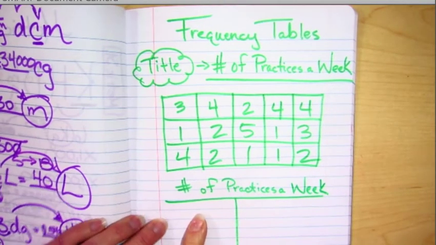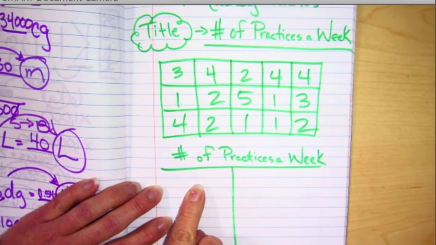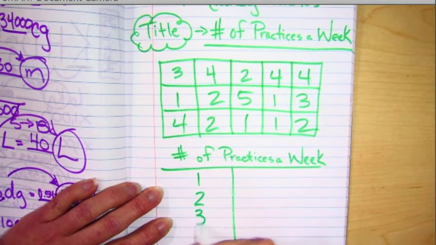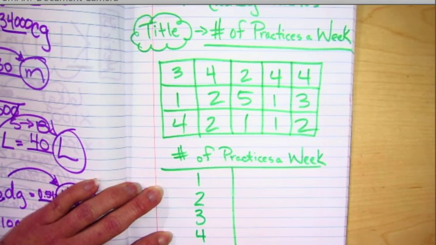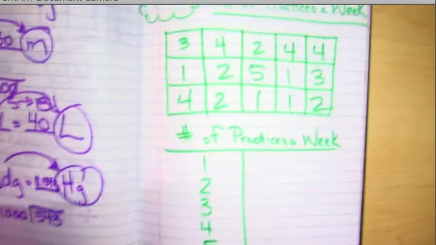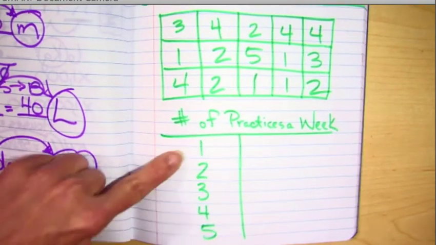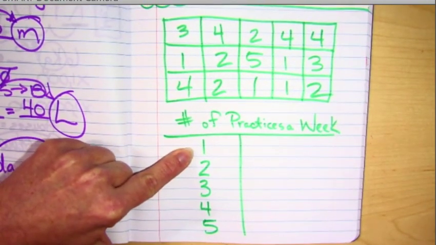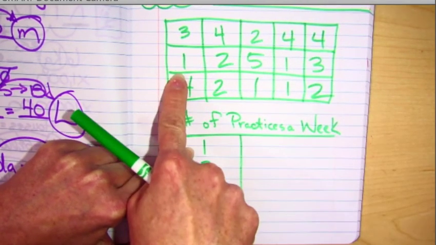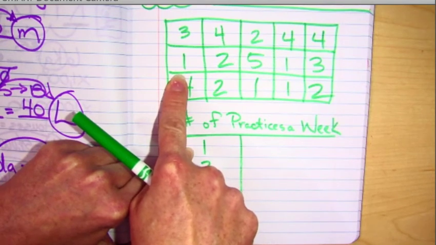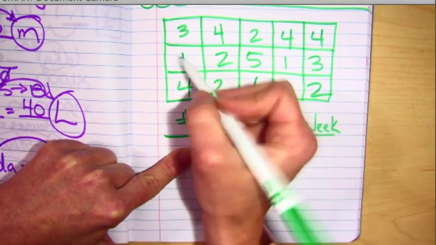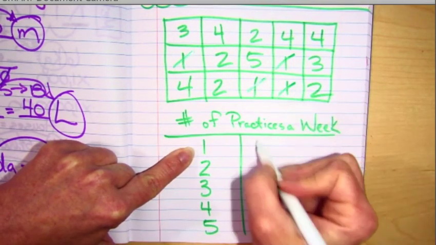And what do you think would be the logical first option here? 1. Uh-huh. And then 2, 3, 4, 5. Did we go over 5? No. So now could I count the number of ones and make some tally marks on my frequency table? I'm going to cross and count because the number 2 thing I see people do wrong is you look at it and say, oh yeah, there's just 2 ones. How many ones do you see there? 4. 1, 2, 3, 4.